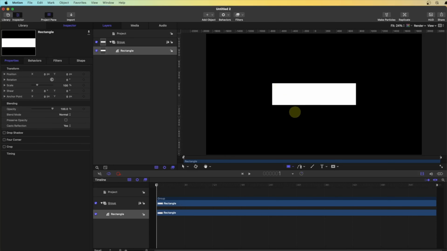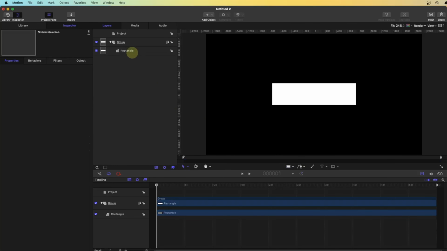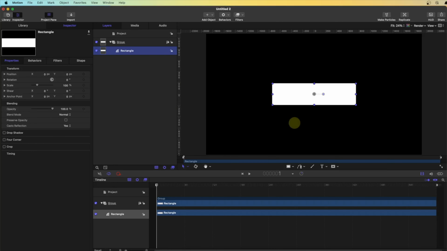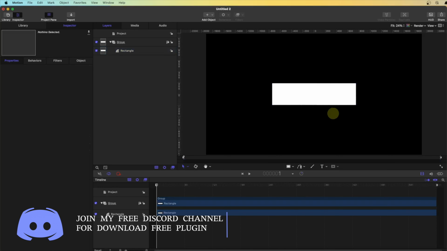First thing, we have one rectangle here as a layer, and we need to mask something, text or anything. I'm going to start with the text, and I'm going to tell you how to do it. The first and easiest way and best way to mask,